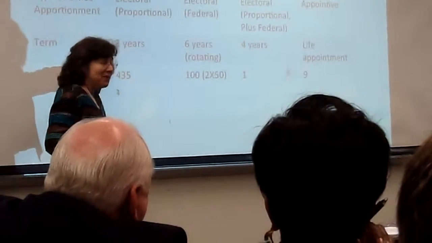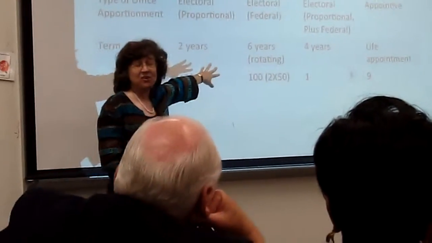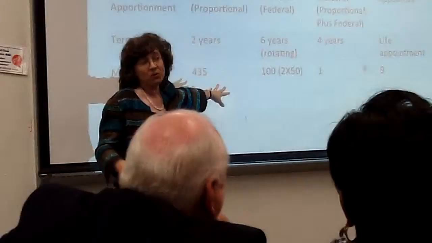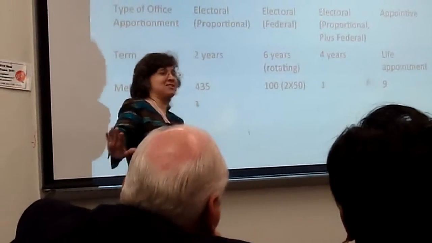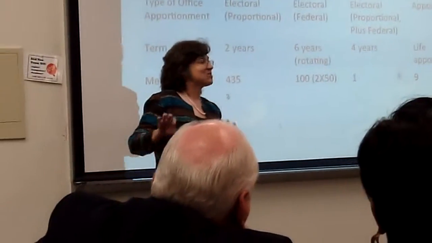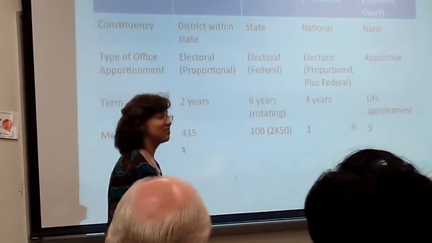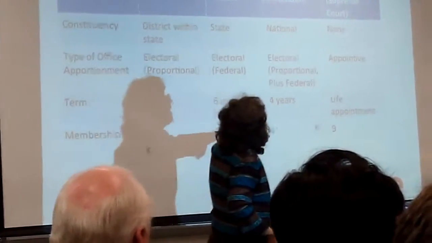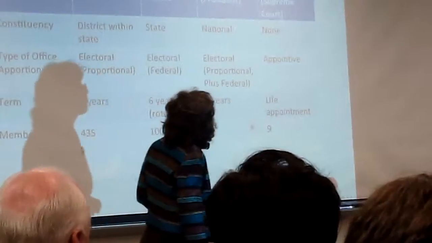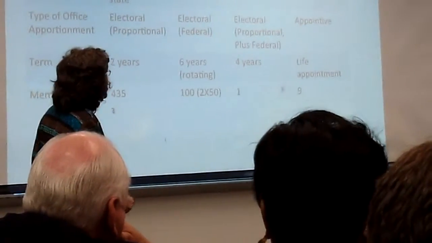The House has to go back very frequently, every 2 years. We have 6 years rotating for Senate. Why do we rotate them? So that there's always this hardcore 2/3 of the people who can stop the masses or the chaos from the House from uprising and making bold changes. So there's always a core group who aren't up for election, right? That's the point. And then there's 4 years for the president. So we've cut these groups up as well to create different constituencies.